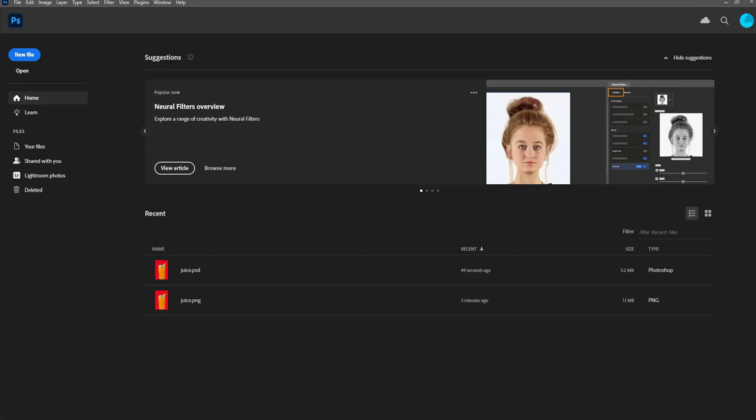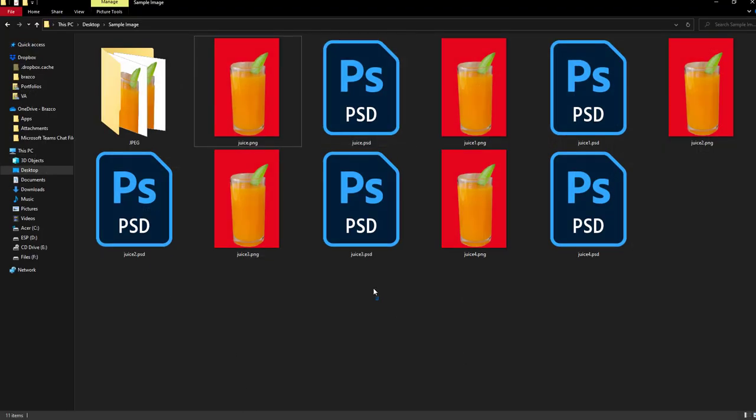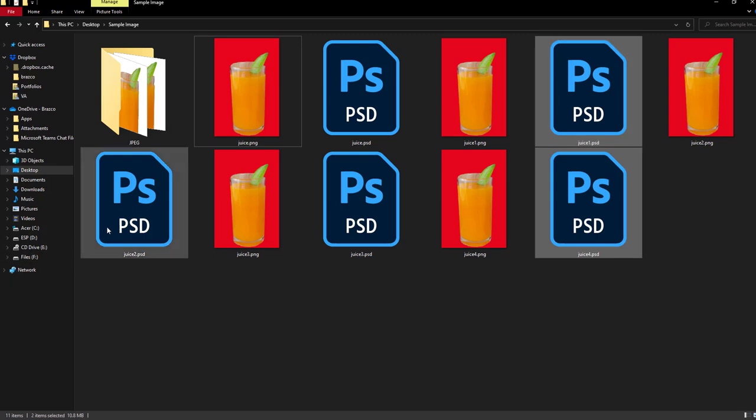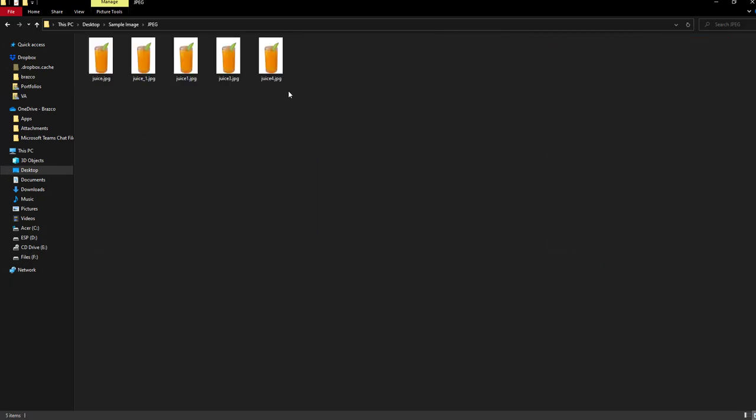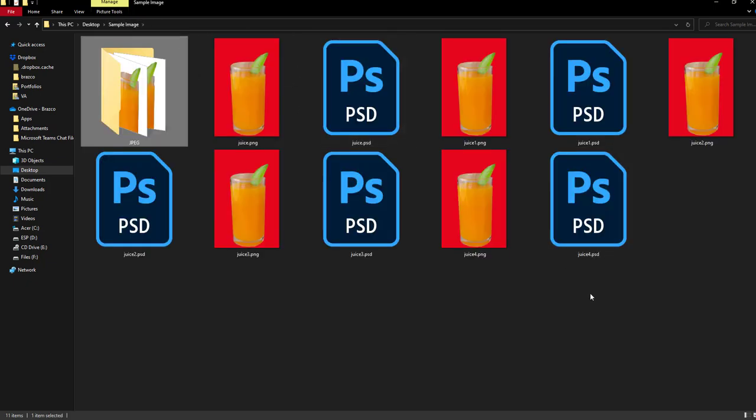So let's try to check. Okay, the PSD file is correct, but let's try. Okay, it's now complete. Maybe there's a bug sometimes. Sometimes it's not complete, sometimes it is.